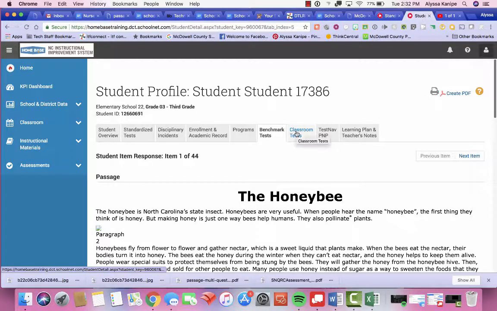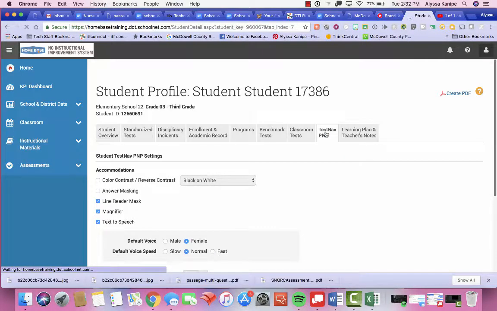Classroom tests, you can do the same thing. The one thing that's on here that I'm going to mention really quickly while we're here is that if you have a student that has to have a read aloud modification, this is where you will do it. So anywhere within schoolnet that you have a list of your students that's blue that you can click on the student, this page comes up. This last tab right here that says Test Nav P&P, whatever modification they have been given, whether it be 504, IEP,